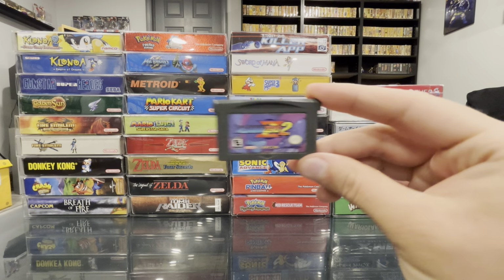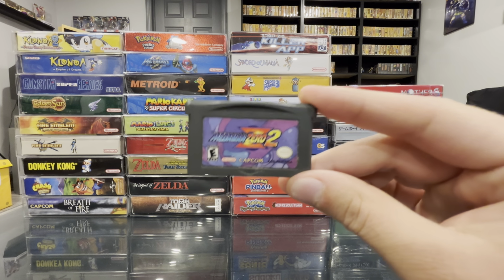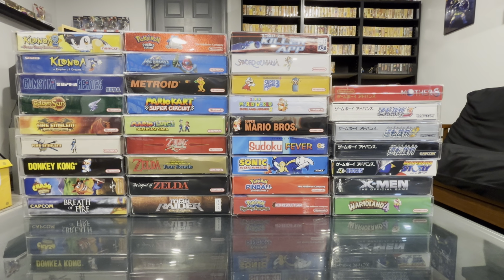Mega Man Zero 2. These were the Indie Zero developed Mega Man games. ND0 went on to do their own Mega Man-esque series, the Gunvolt series. But yeah, they did those ones first, and those ones are pretty cool. I haven't played all of those, but...